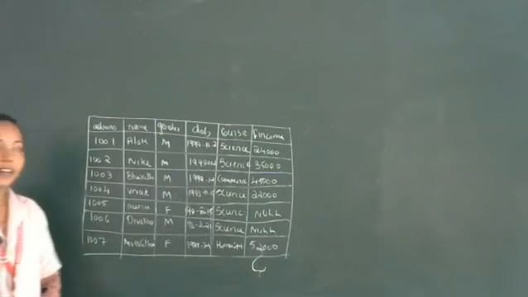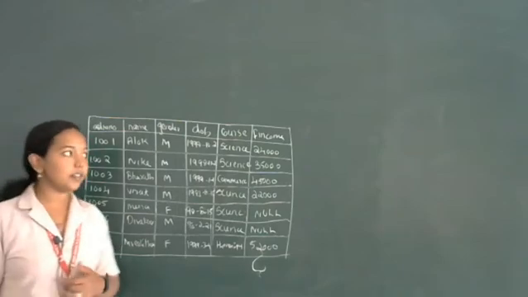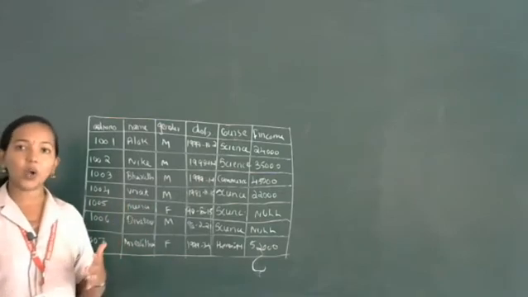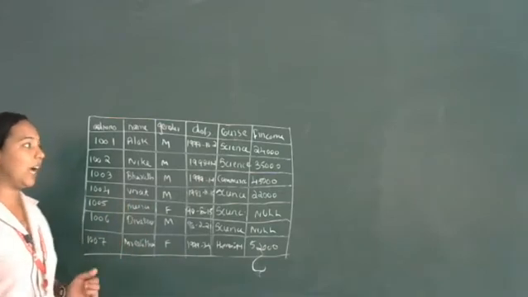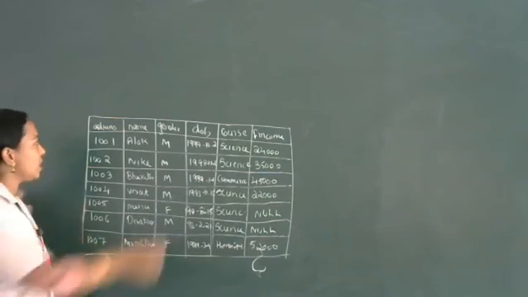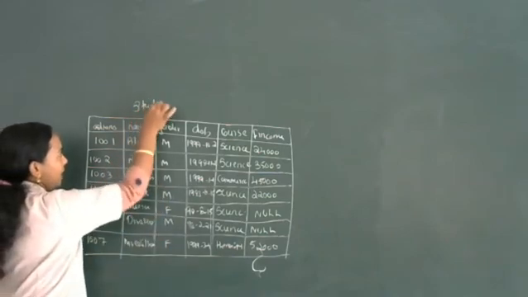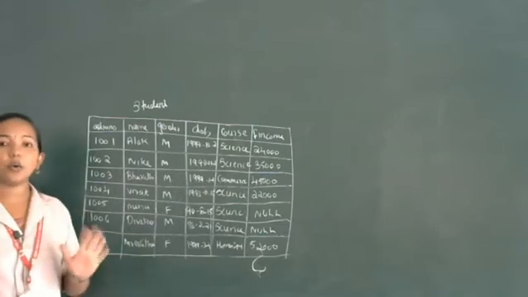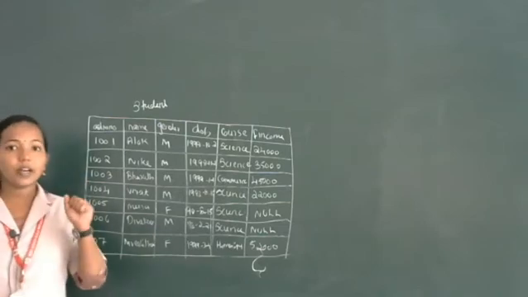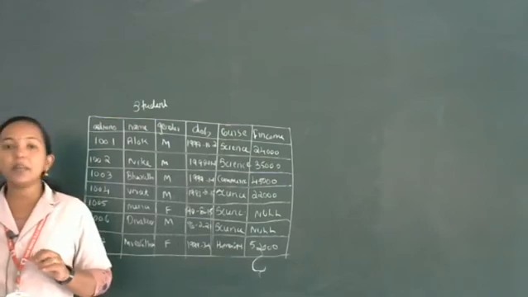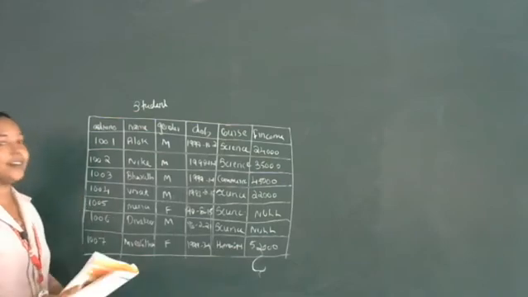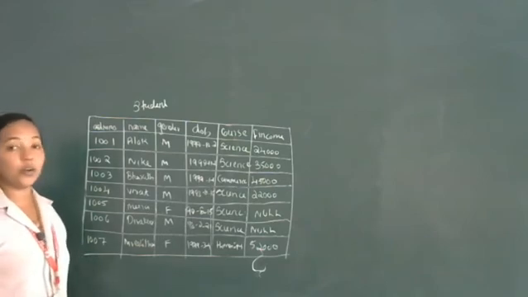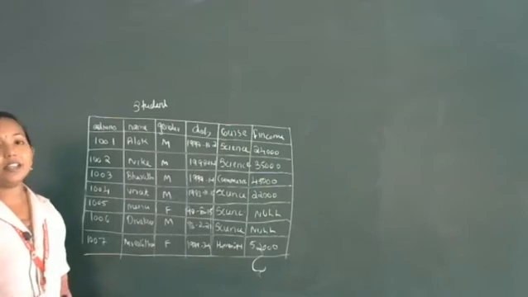We already studied how we use the select command for selecting the entire table and also the column names. We can mention the column names and retrieve values from the column. Here there is one table, the student table, consisting of 7 rows or 7 tuples. What is our first topic? Eliminating duplicate values in columns using distinct. Distinct is used for removing or eliminating duplicate values.